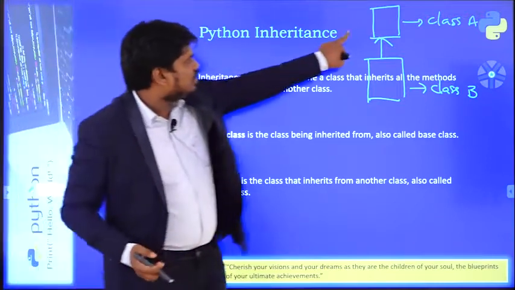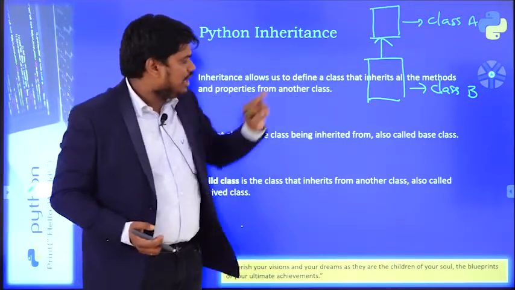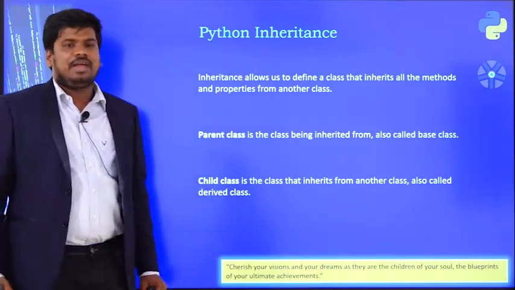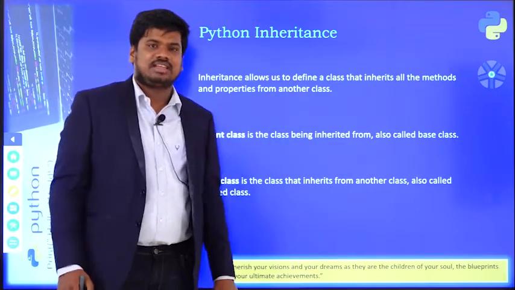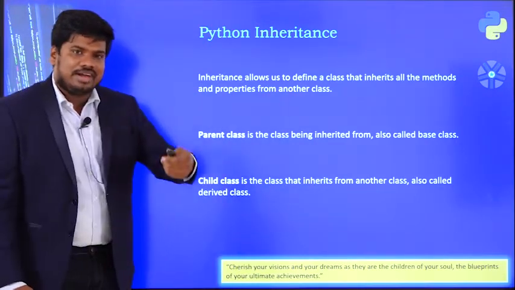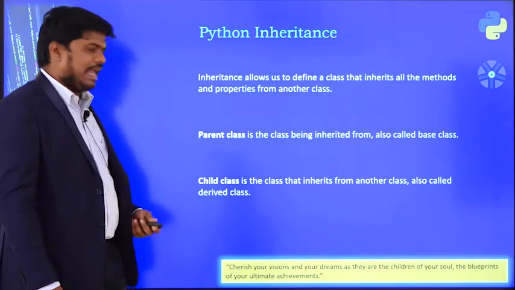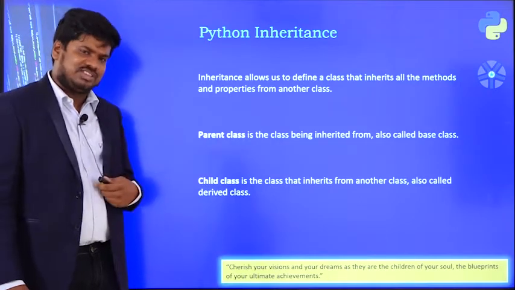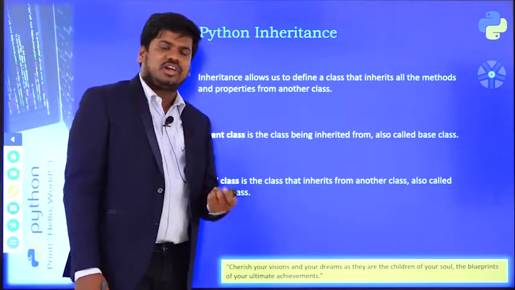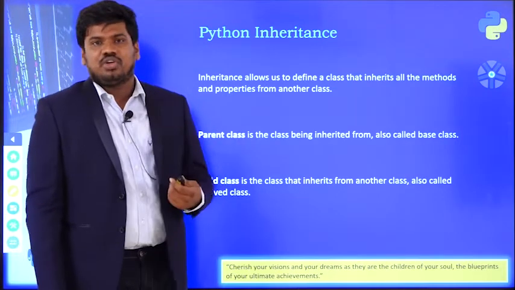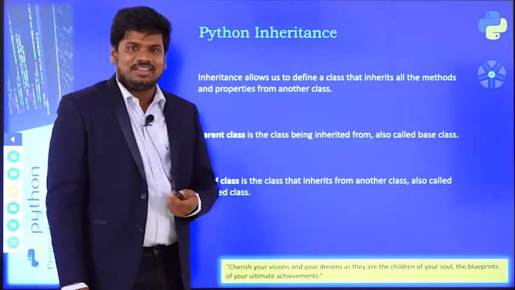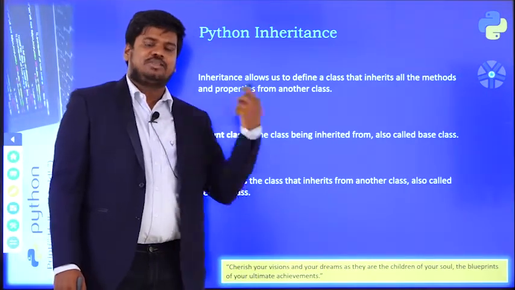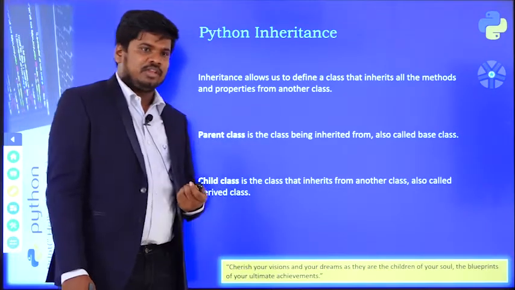So this one is known as a parent class, and this I am calling a child class. Is it clear? Another name for a parent class is a base class, and another name for a child class is a derived class. In my coming lectures, sometimes I will call it a parent class or a child class, or sometimes a base or a derived class. But I want all of you to remember them, get thorough with the technical words. You should not be in a confused state when I am explaining small snippets of my code. Is it clear?